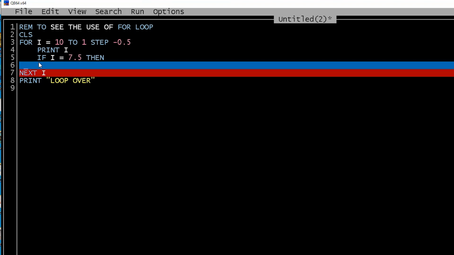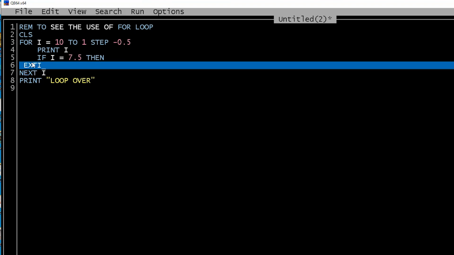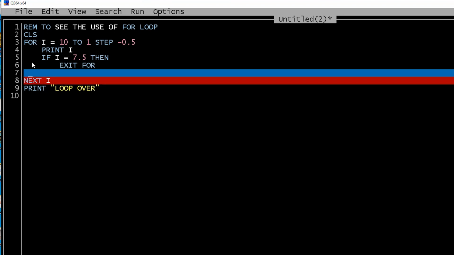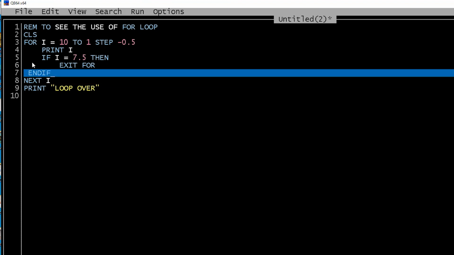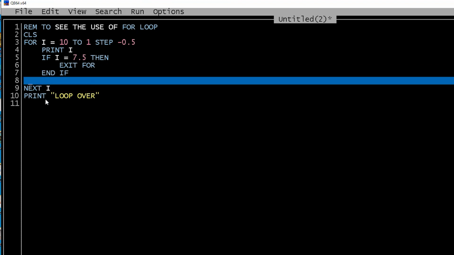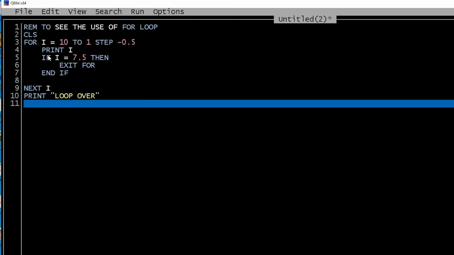So I'll write here then exit for, and for every if we have to give an end if. So I simply write here end if. That's it. My statement is over. So if has an end if, for has a next. So I gave the condition if I is equal to 7.5, then exit the for loop. So this loop should work only till I reaches 7.5.